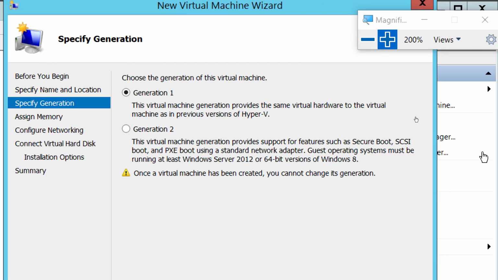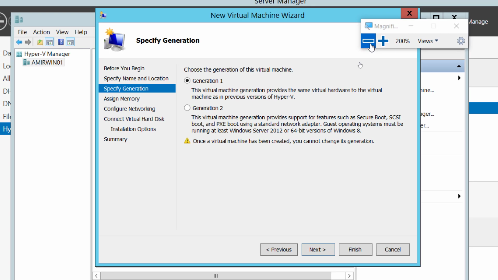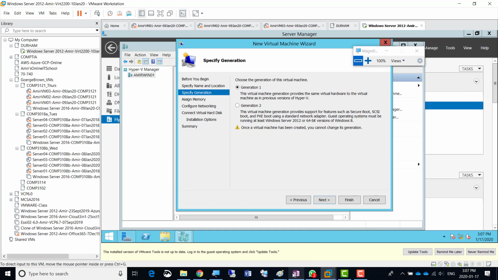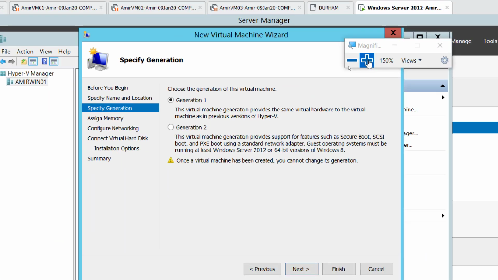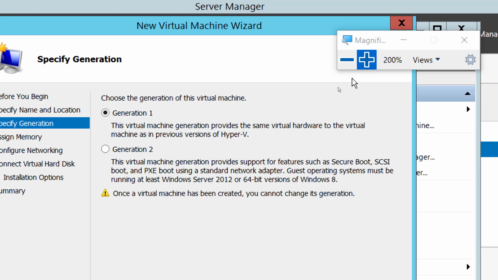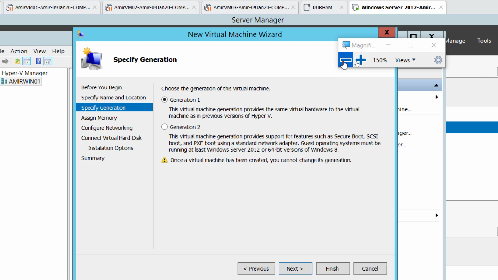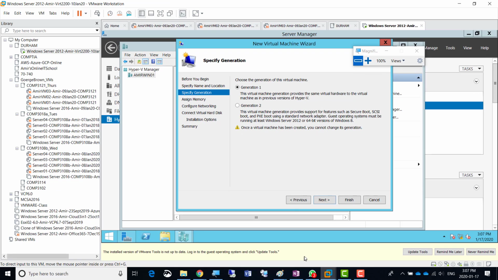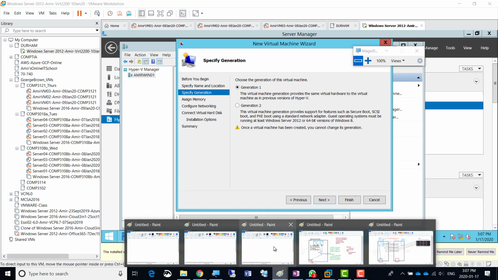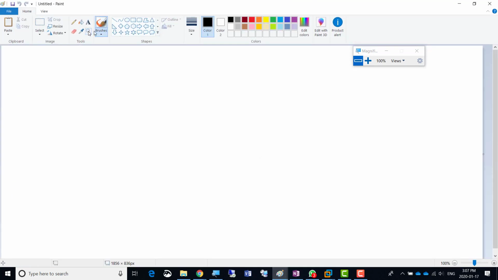And then there are generation 1 and generation 2 machines here. So generation 1 machine is for backward compatibility. Now, hypervisor was properly introduced in Windows Server 2008. So Windows Server 2008 was supporting 32-bit virtual machines and applications and 64-bit virtual machines and applications, right? So generation 1 is for Windows Server 2008 based virtual machines. Some information that you really need to know for the exam, for the quiz, and for the industry, for the market as well, is that